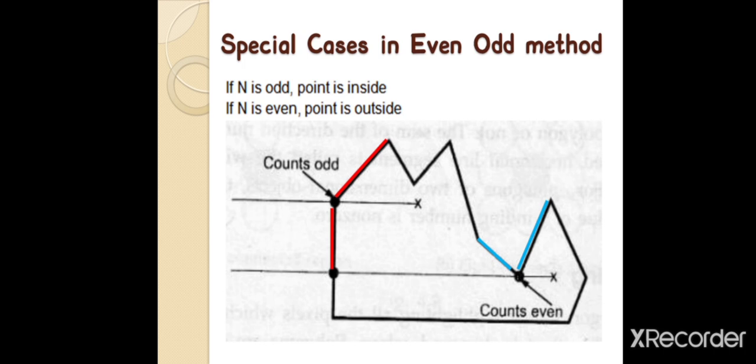Let us take one more example. Here is the example. Question point, whether this point is inside or outside. Take this as a question point, and this point as a sure shot outside point. Connect these 2 points. Now here, according to our special case, our intersection line is going through the vertex, and for this intersection line, both the edges of the polygon boundary are going to underline on the same side.